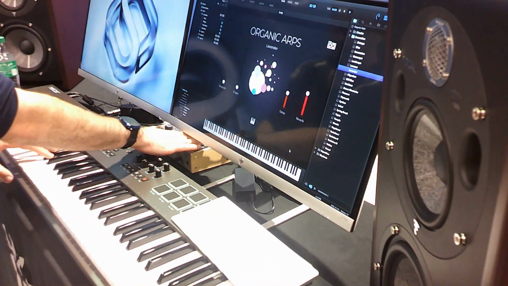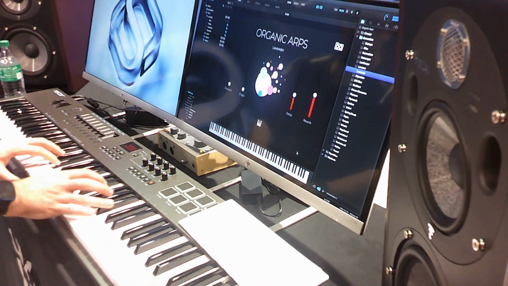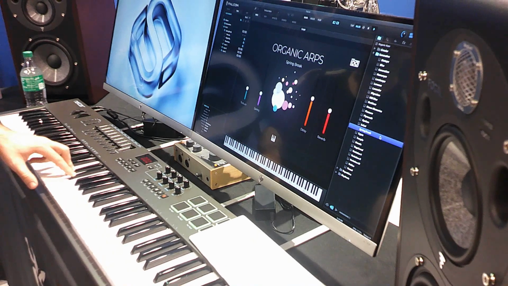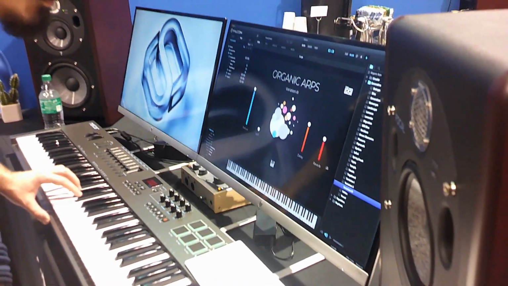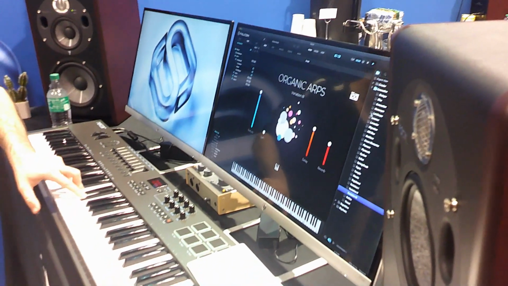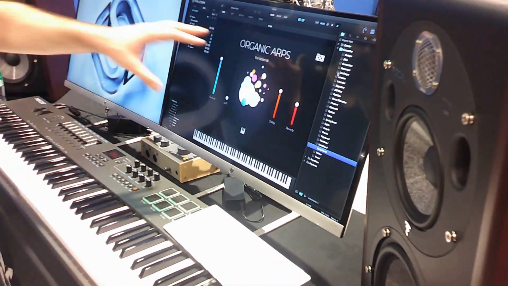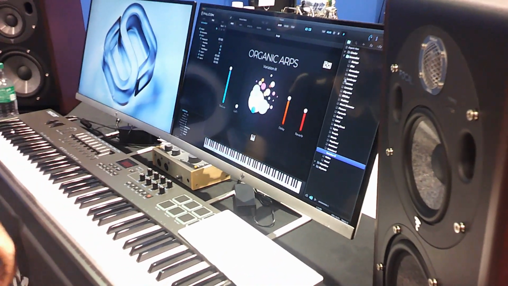There we go. So this is one of their new expansions for this year. Okay. So that's UVI's sample stuff, but they also do effects and things like that.